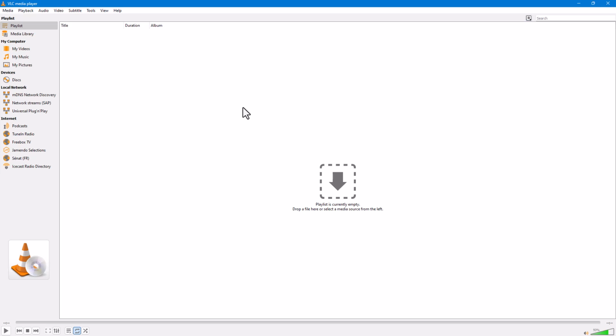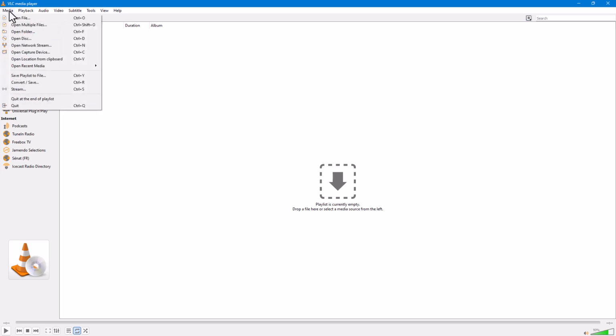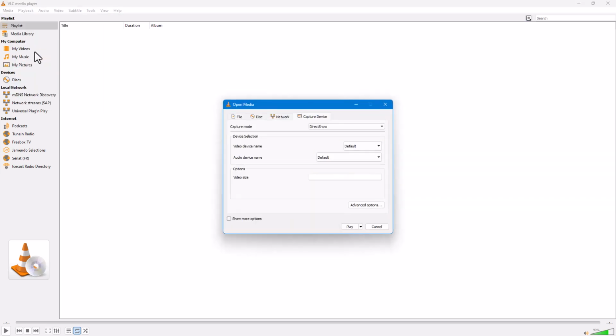So one of the things that you can actually do using VLC Media Player is capture your screen as well. To do that, you need to go to the Media menu, and then go over here to Open Capture Device. Then you can go to Capture Mode and choose Desktop right here. Choose the frames per second that you want. Let's say, for example, I'm going to say 30, and then click on